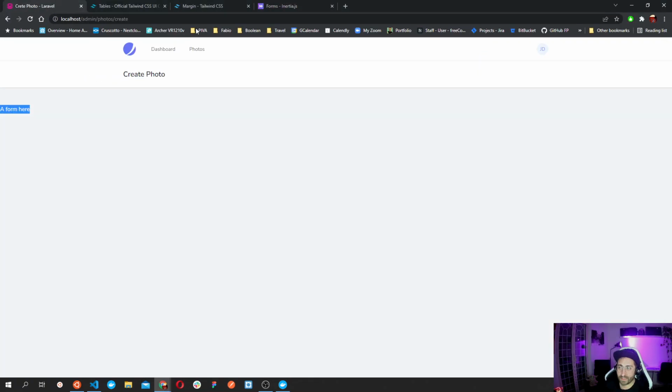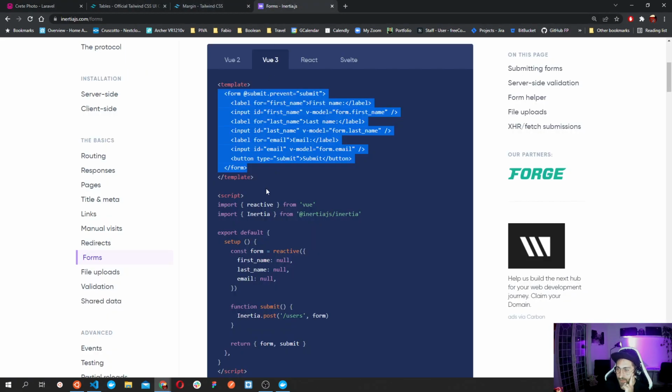Save, and while you save, where are you, Inertia? Okay, we import the reactive from Vue. Why that? I'm not sure why that. Yeah, it is for the composition API. And we need to import this reactive, whatever it is, to make our variable reactive and respond to changes thanks to v-model, and populate these object properties on the fly thanks to v-model. So we need to import the reactive